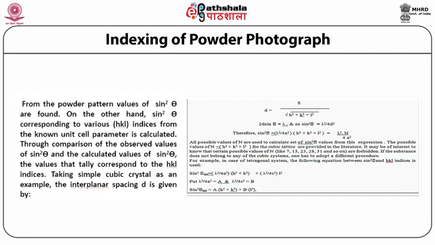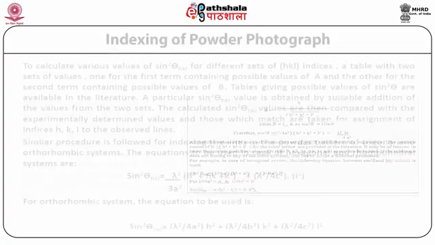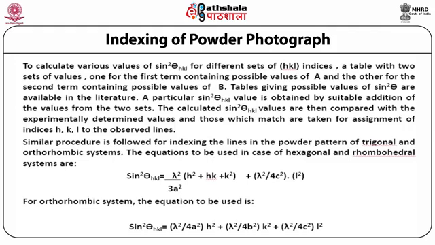Sine squared theta HKL is equal to lambda square upon 4a square into h square plus k square plus lambda square upon 4c square into l square. Let us put lambda square upon 4a square equal to capital A and lambda square upon 4c square equal to capital B. Sine square theta HKL is equal to capital A into h square plus k square plus capital B into l square. To calculate various values of sine square theta HKL of different sets of HKL indices, a table